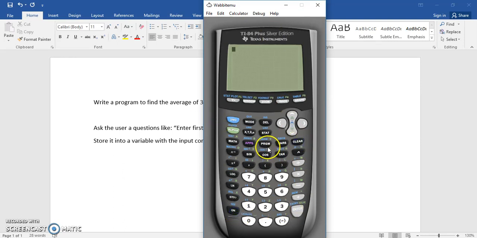Let's clear it up. We hit program right here, and we go over to new, hit enter. We're going to call this thing average. I could just type it on my keyboard. First thing we want to do is ask the user a question. So we're going to go to program, and we're going to go to IO. IO stands for input output. And we're going to say